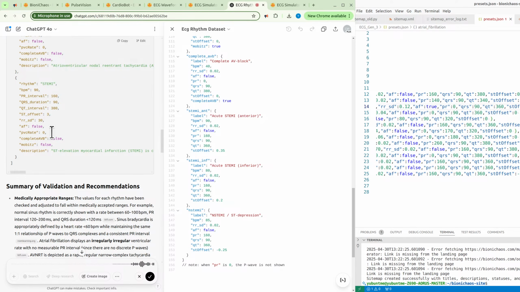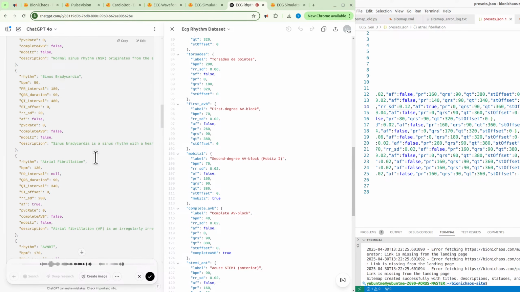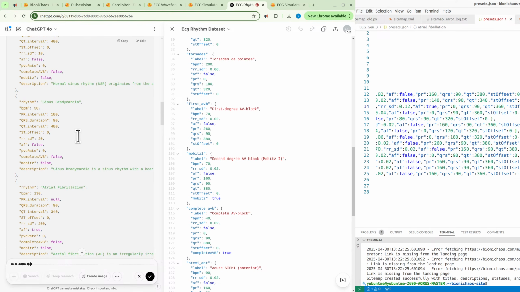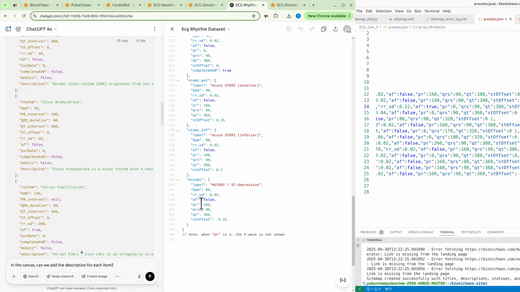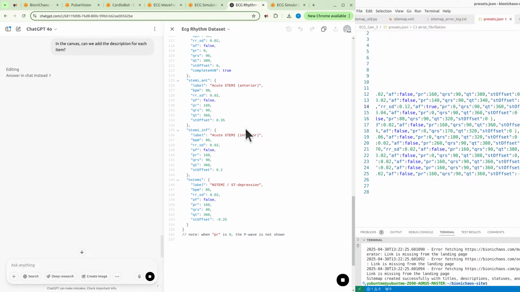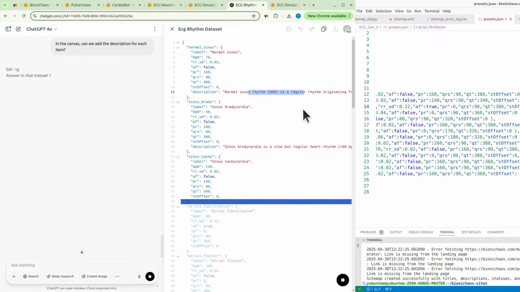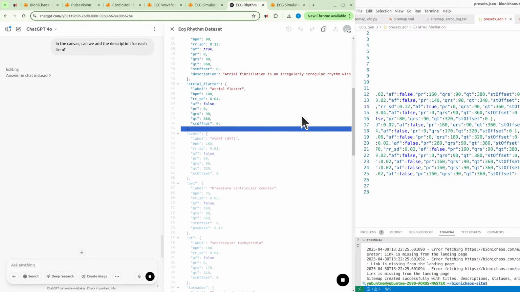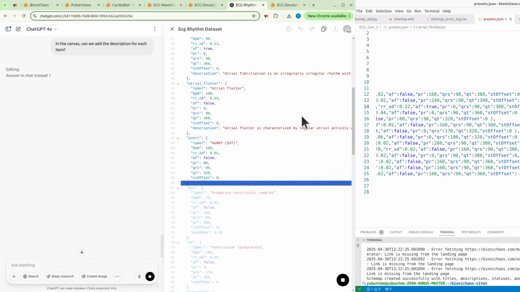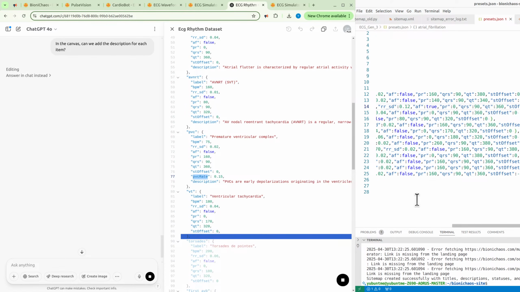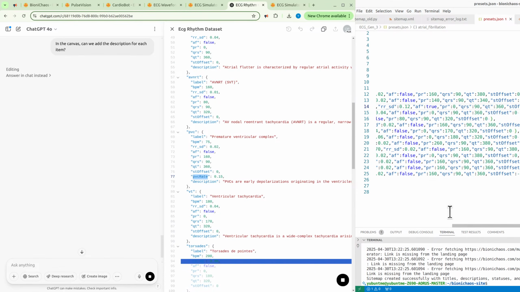Okay, in the canvas, can we add the description for each item? Okay, what am I supposed to do? The PVC, right?